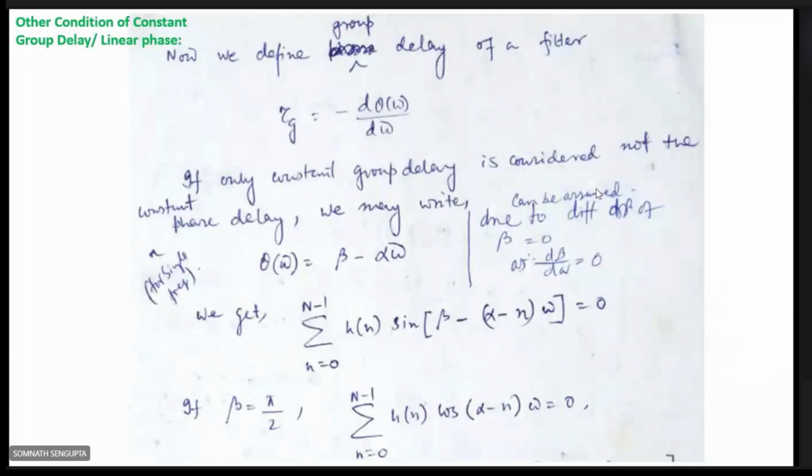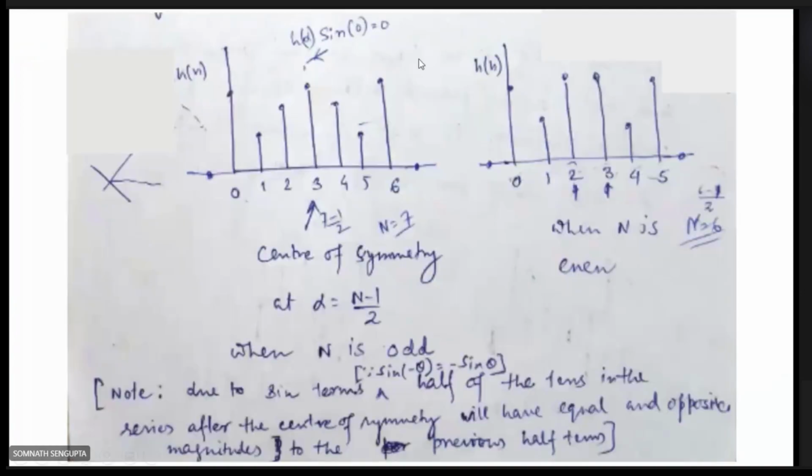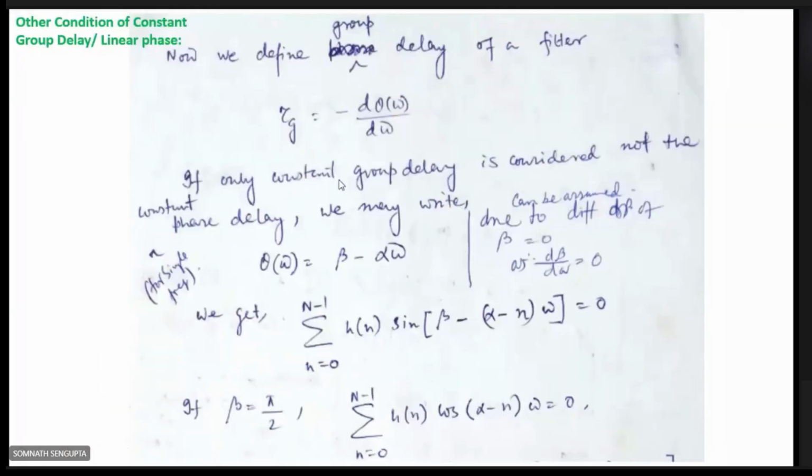We can say it is symmetric because it is symmetric with respect to n minus 1 by 2. Then another case is the anti-symmetric case, and there also we can have